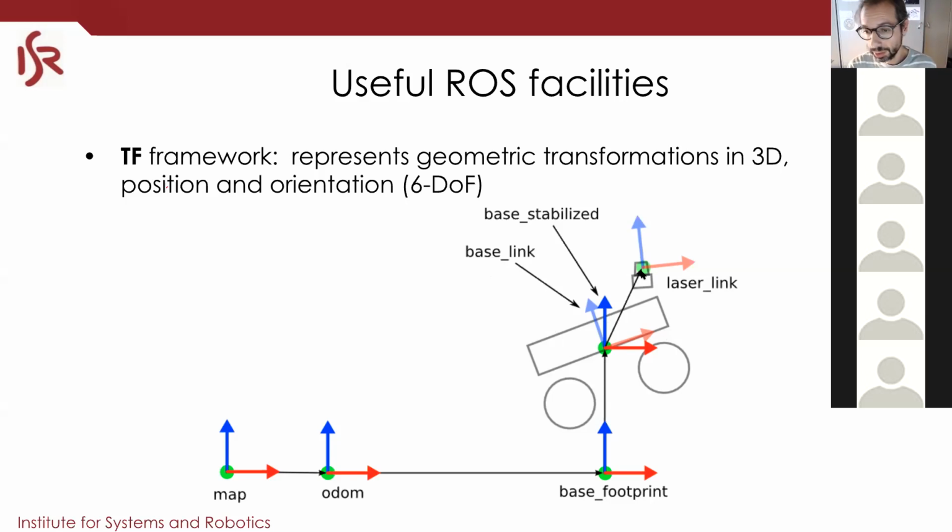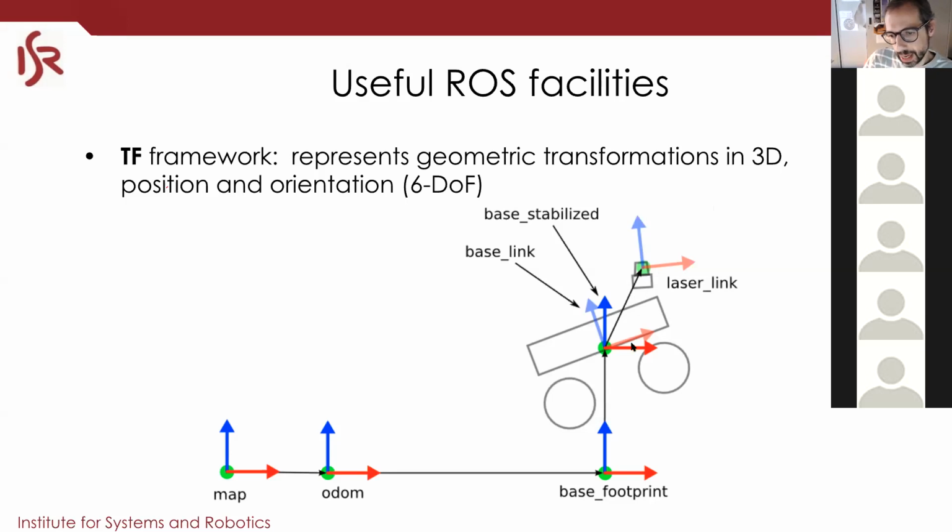So the only thing that we have over here is the frames, which have names, and transformations between frames, okay? Everything is relative. No frame has a coordinate because there is no general frame of reference. Everything is relative, okay? So the only place where you have poses, positions, orientation is in transformations between links, okay? And these transformations make a graph, okay? And so in this case, you have a laser, a transformation between the laser and the base link.